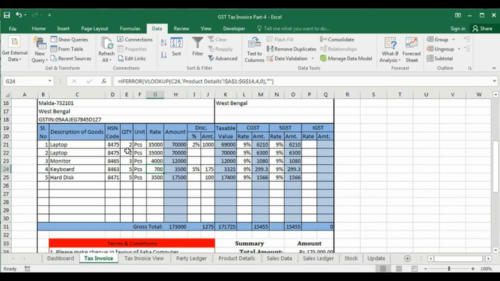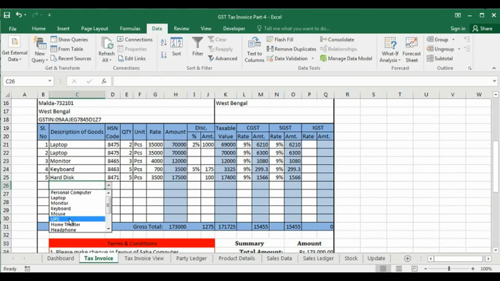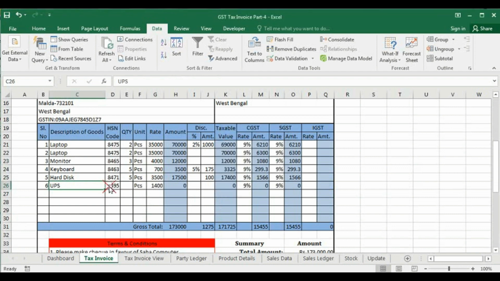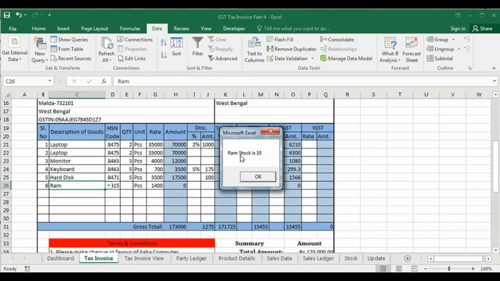In this invoice, whenever you select an item, suppose here is laptop, monitor, keyboard, hard disk, we are taking UPS. When you click UPS, you see here your stock is 0, so you cannot sell this item. Now if you take RAM, you can see your RAM stock is 10.